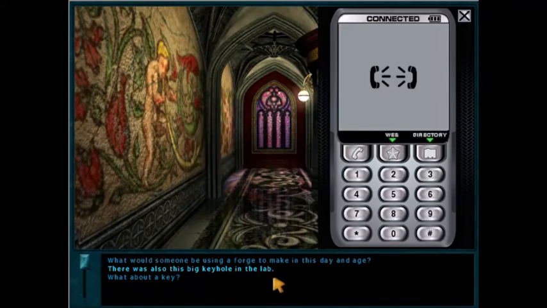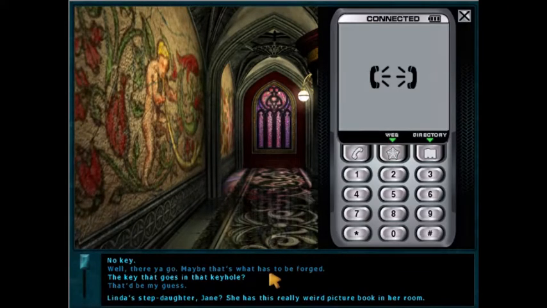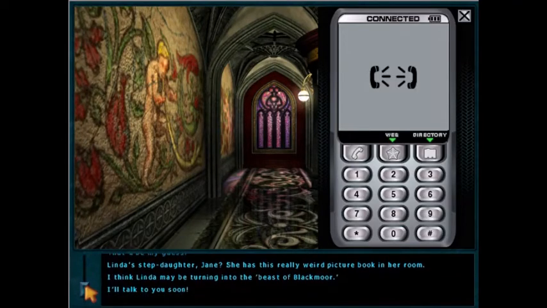There was also this big keyhole in the lab. What about a key? No key. Well, there you go. Maybe that's what has to be forged. The key that goes in that keyhole? That'd be my guess. And I'm not going to bother continuing to talk with Ned because I'm at the end